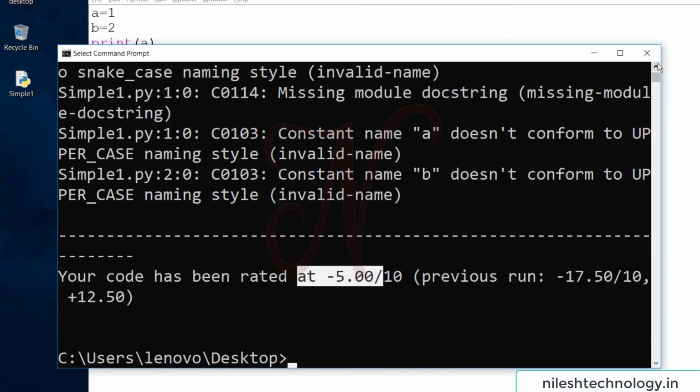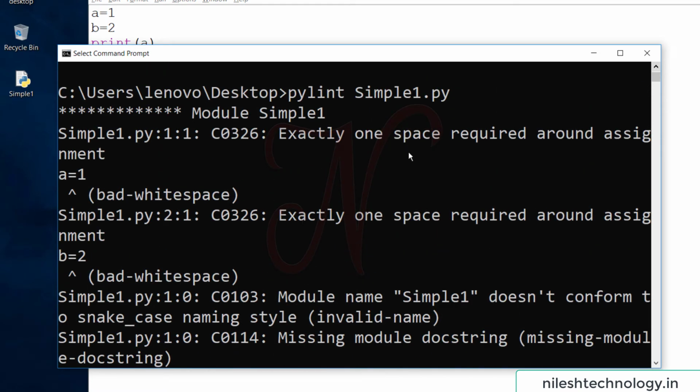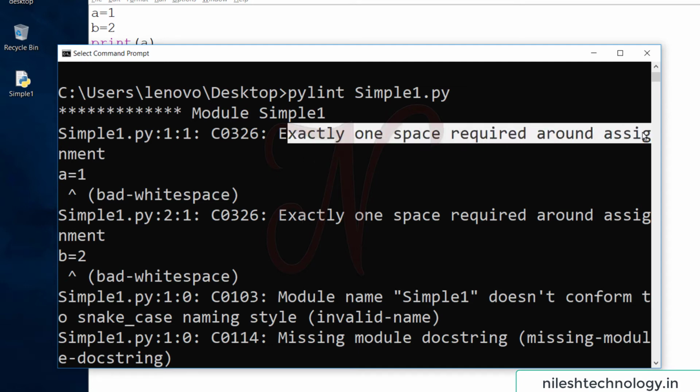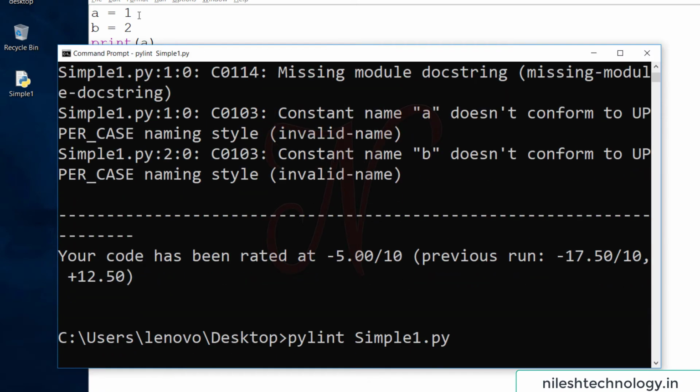Going to the top here, they require exactly one space around the assignment. So here we need one space by following the convention rule. One space, again one space, save these changes, again pylint.